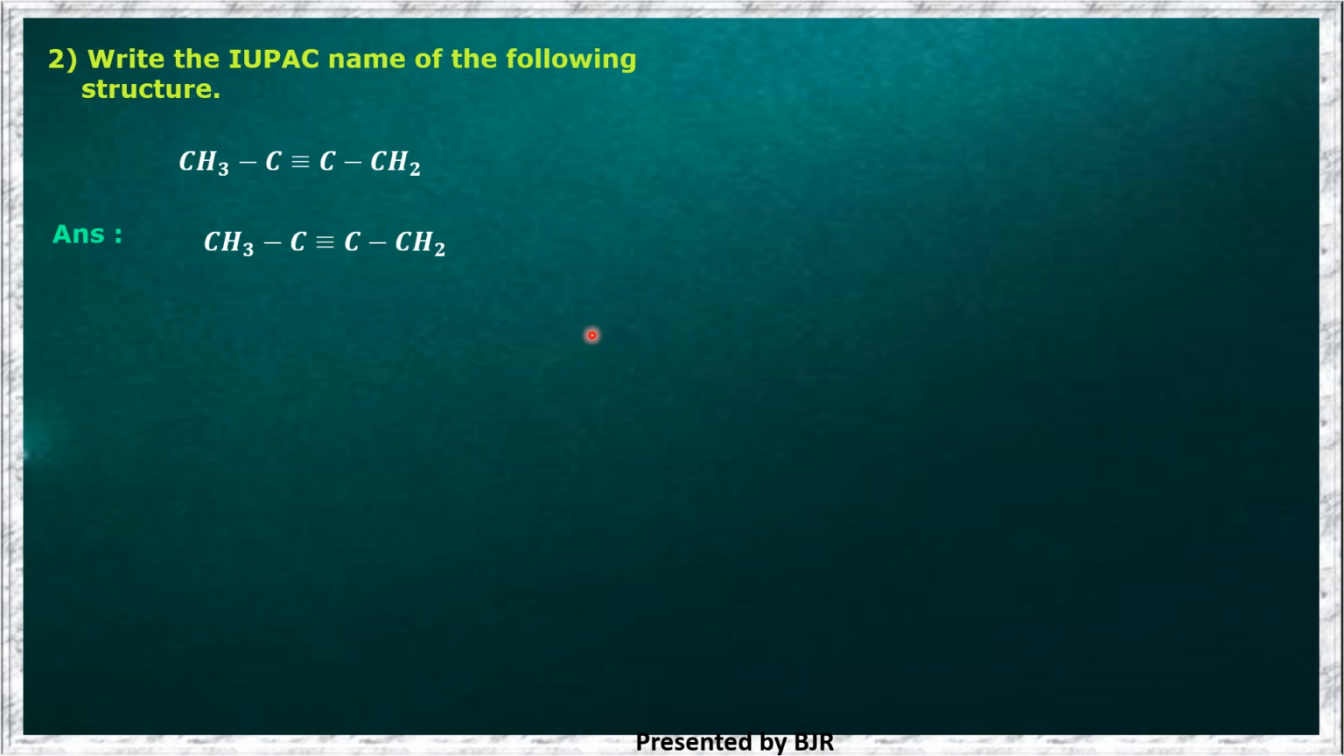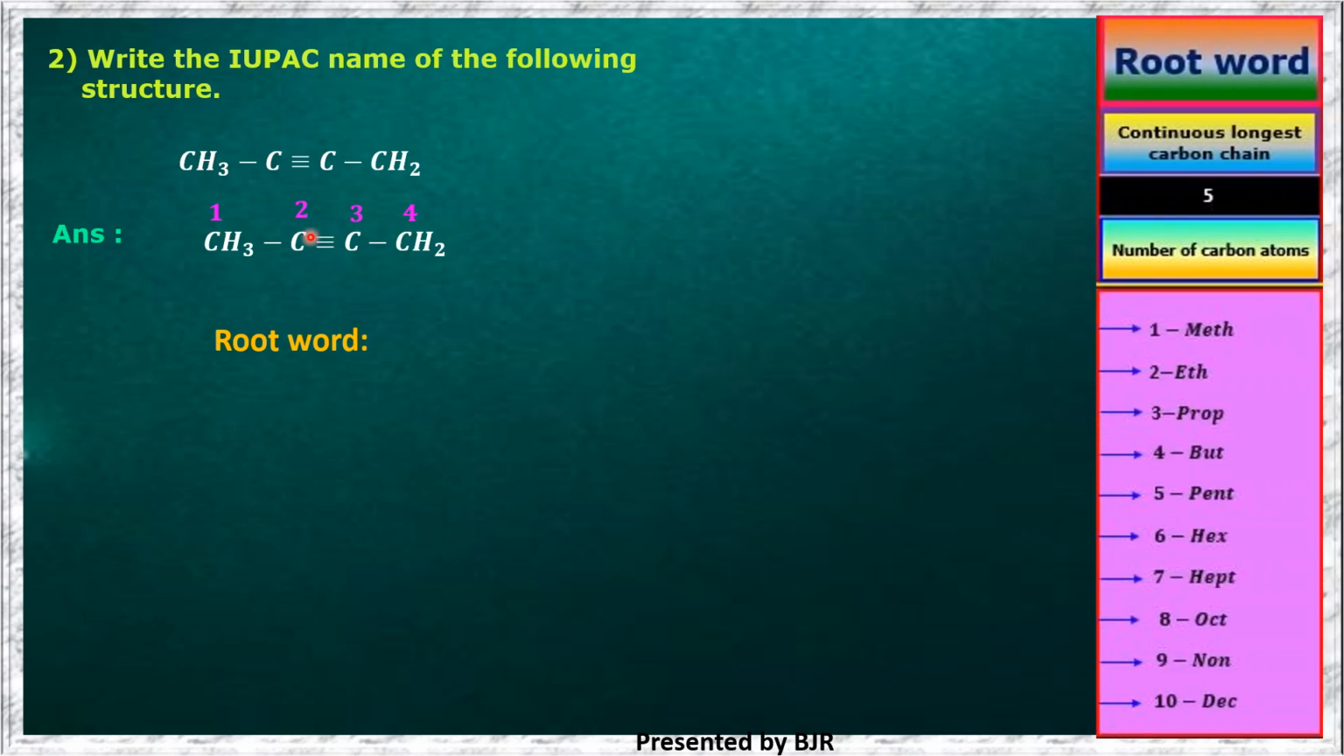So we can give the numbering either from left to right or from right to left. We get the same numbering here in this case. If you give the numbering from left to right, the second carbon is containing the triple bond. If we give the numbering from right to left, again the second carbon only contains the triple bond. So the root word: 4 carbon atoms are there, it is but,